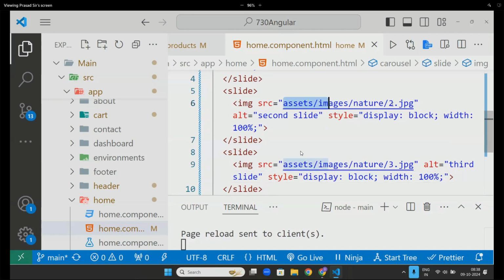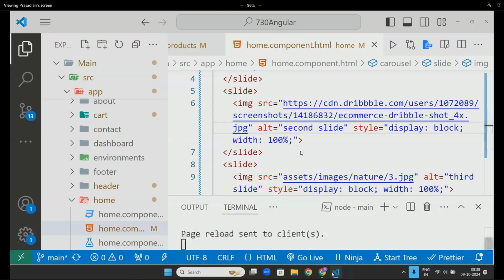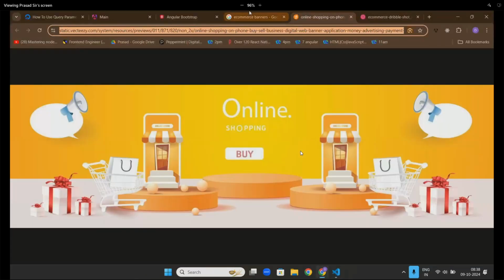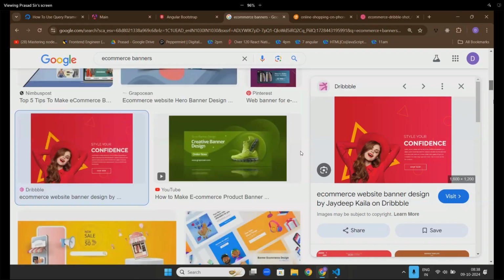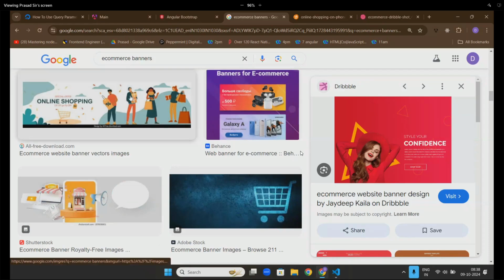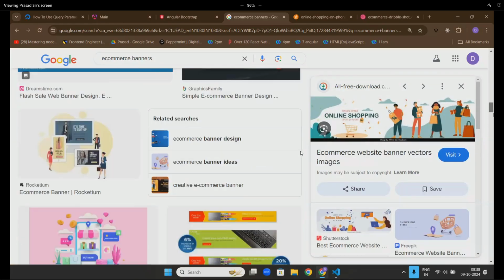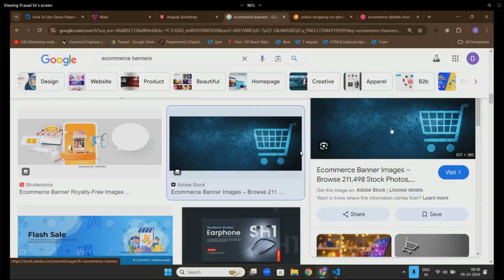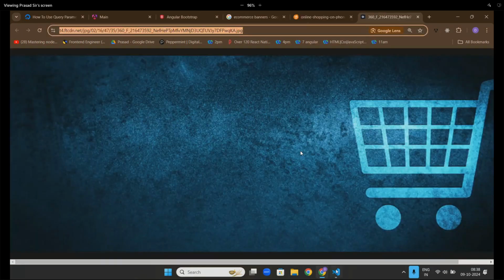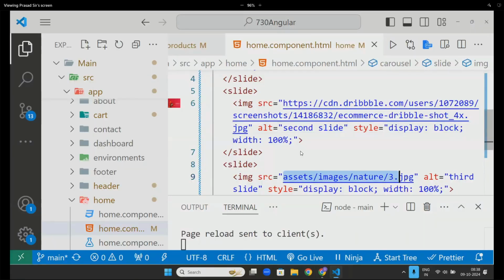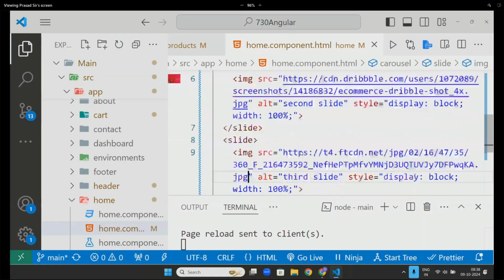Control V. Next. Go here. Control C. Control V.